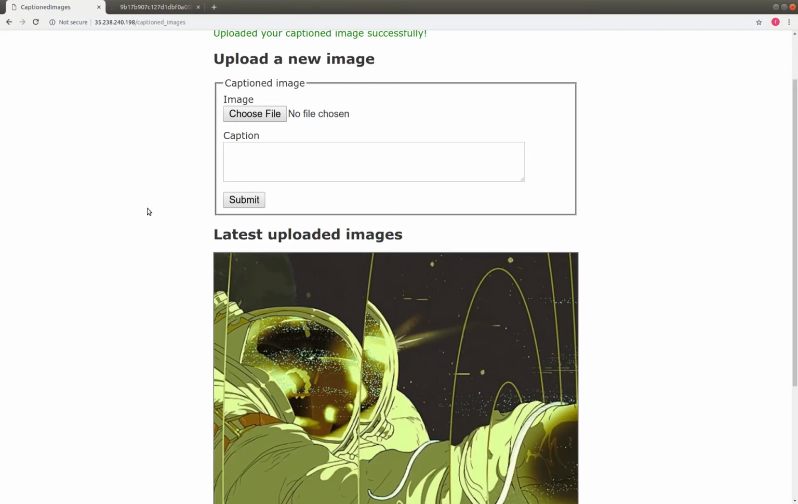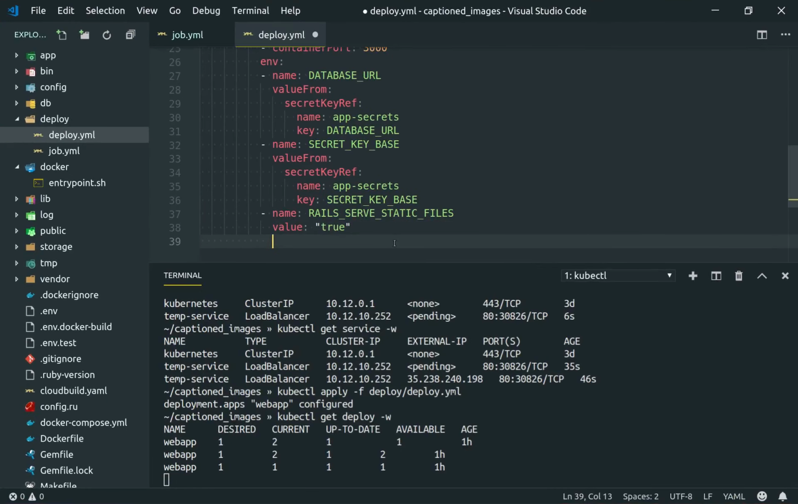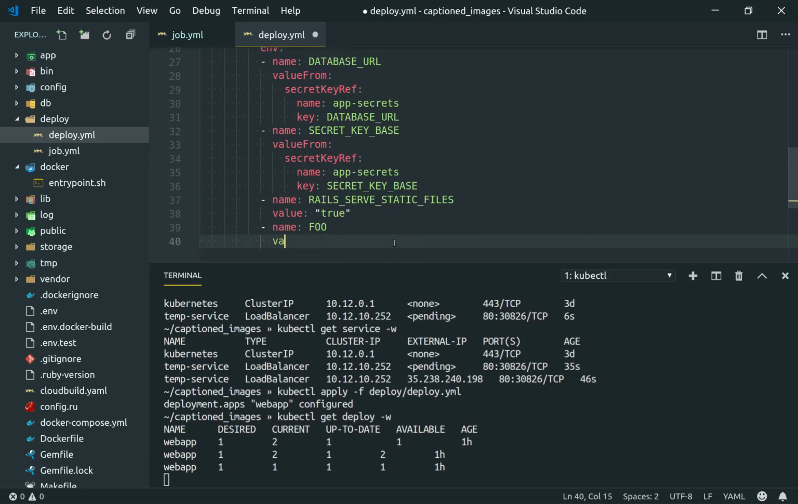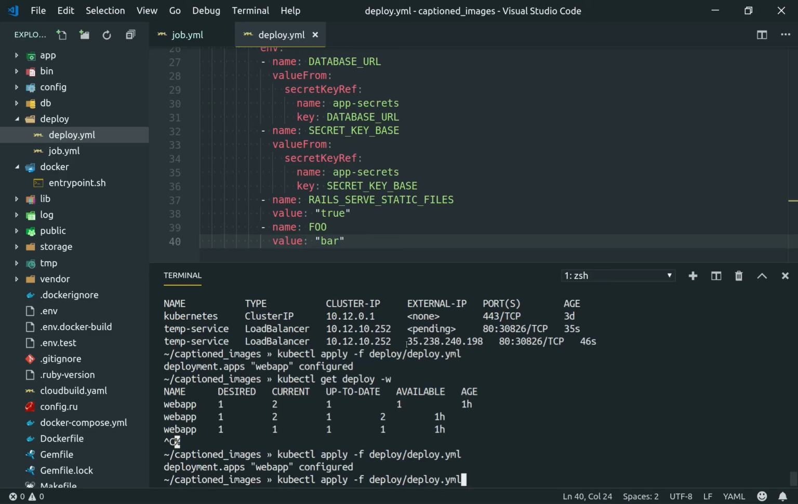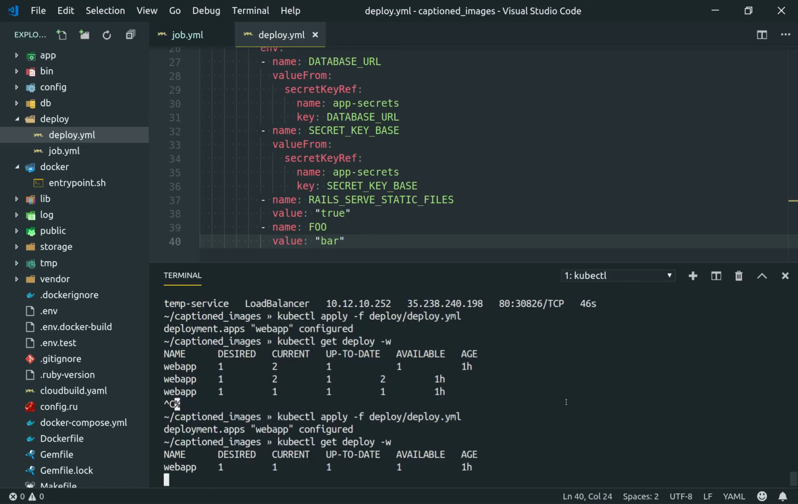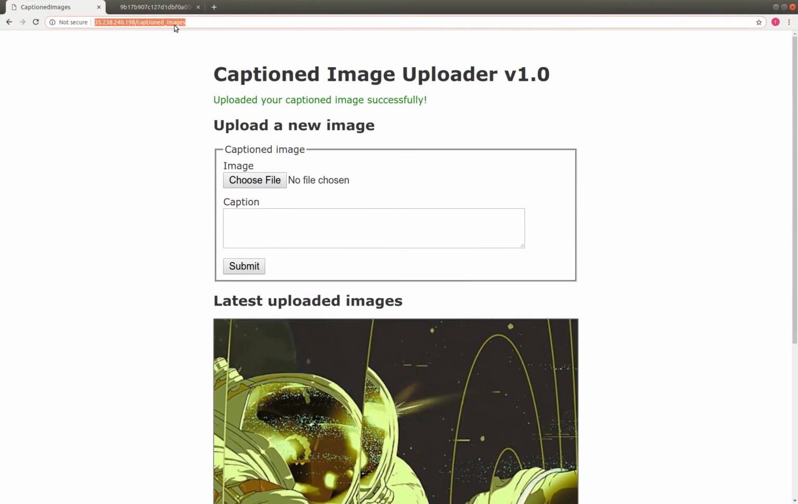So if we had made another change to our web app right now, for instance, if we say we added some other config value, I'll just call it foo, just give it a value of bar. If we were to deploy that, okay, I guess that happened pretty much instantly. So if we go back to the app now, and if we were to reload it,